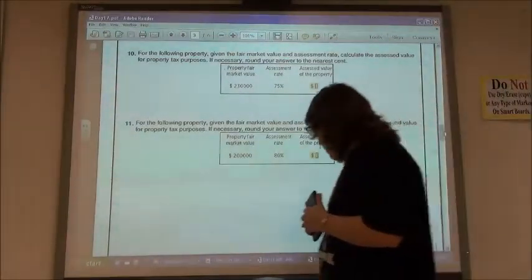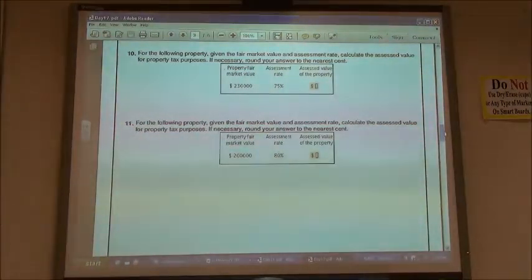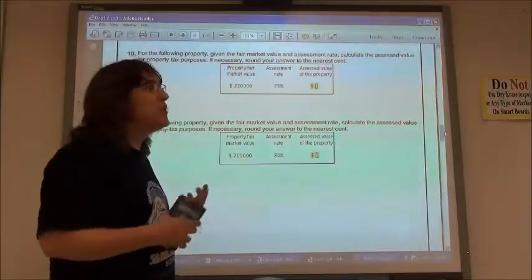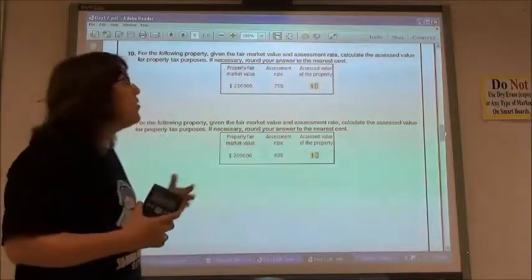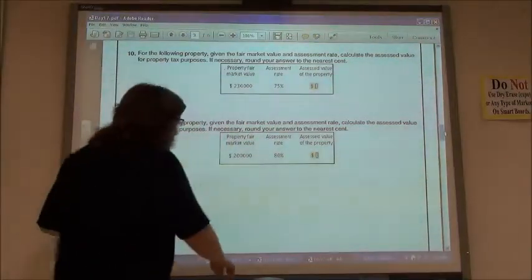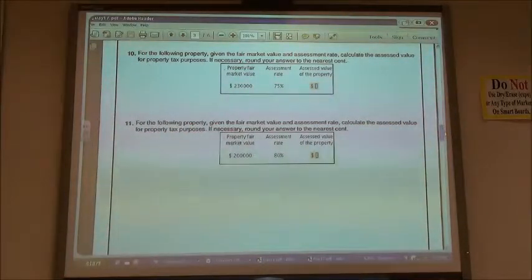And 12, we are calculating the assessment rate. So sometimes when we have property, the property has a certain value. But when you pay taxes, you just pay it on the assessed rate. So it's usually a lower rate that you have, so you don't pay the taxes on the full market value of your house. And so in this case, or your property, whatever it happens to be, the fair market value is